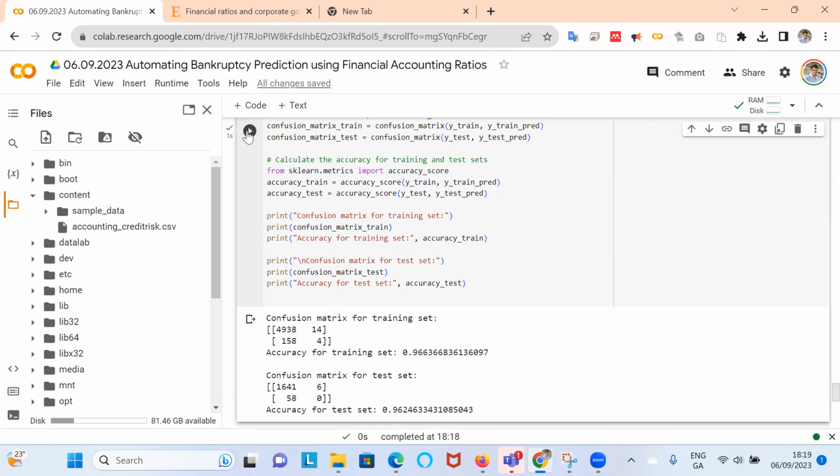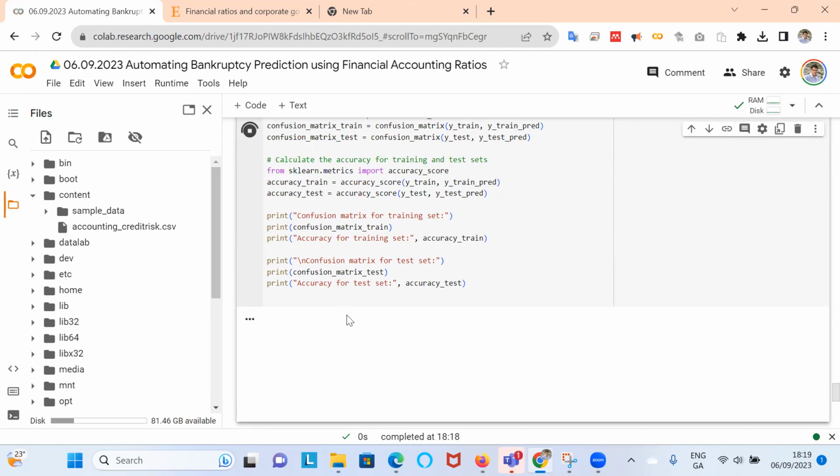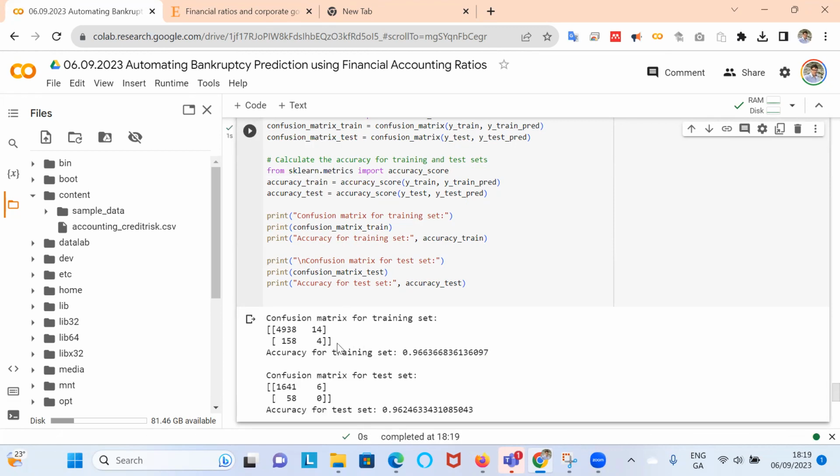And when we run our model, we find for the 75% of the data in the training data, when we parameterize the model and produce the fit, the accuracy of the model is 96%. And for the holdout data, when we predict bankruptcy using the financial ratios as inputs into the model, we're still getting 96, so a fairly robust set of results.